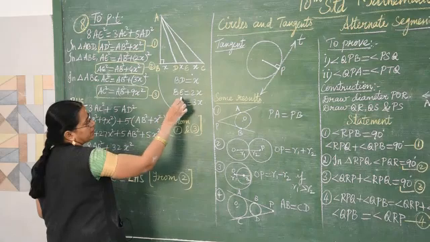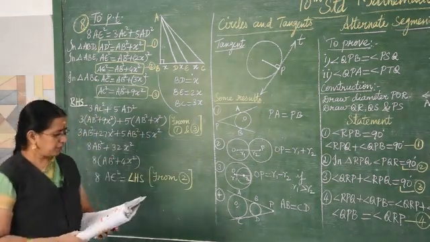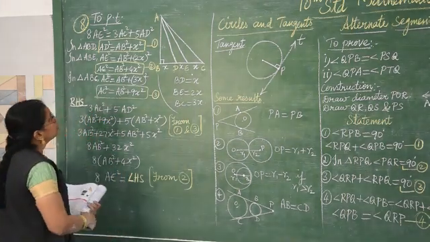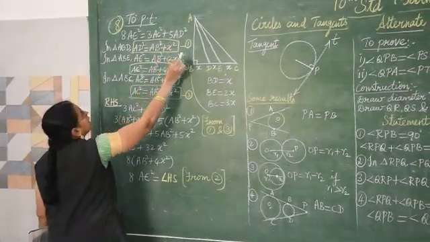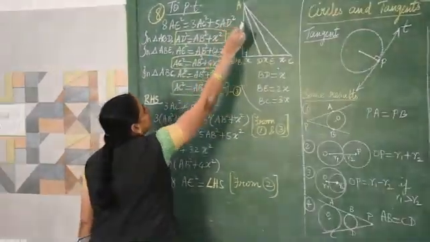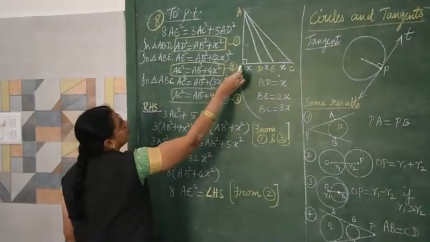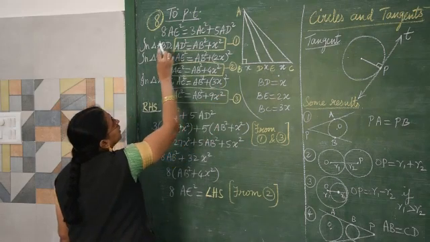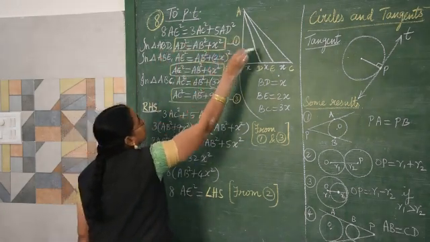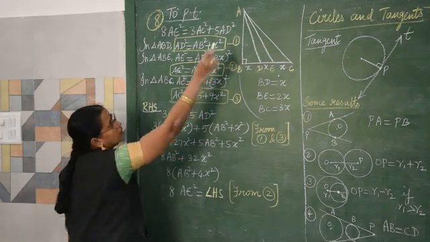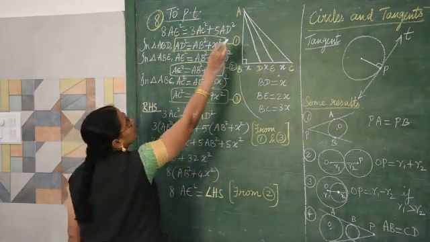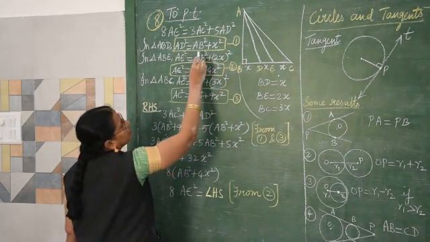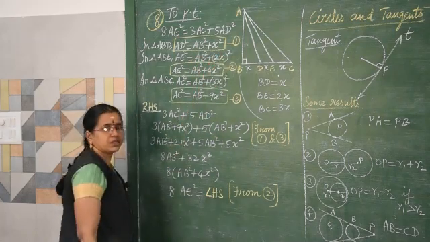So we will be writing this BD, BE and BC, and we need to prove the condition that is given. First, take the triangle ABD, which is right angled at B. By Pythagoras theorem, the hypotenuse square AD square equals the sum of the squares of the other two sides, so AB square plus BD square. What is BD? x. So AB square plus x square. Let us take this as equation 1.